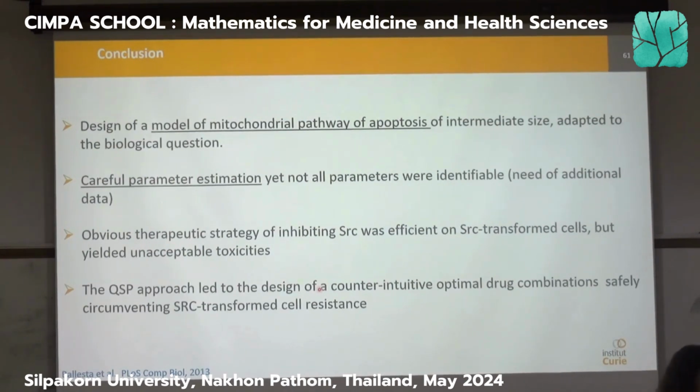I'm just curious if you or your team has already looked at the cost effectiveness aspect of these possible combinations of drugs. You mentioned that there could be a possible combination between these kinds of drugs. So have you already ventured into the cost effectiveness aspect of the deployment of these drugs after the laboratory? So the question is, have you worked on the cost effectiveness of the drug combination? But then I'm not sure I understand what you mean by cost effectiveness.